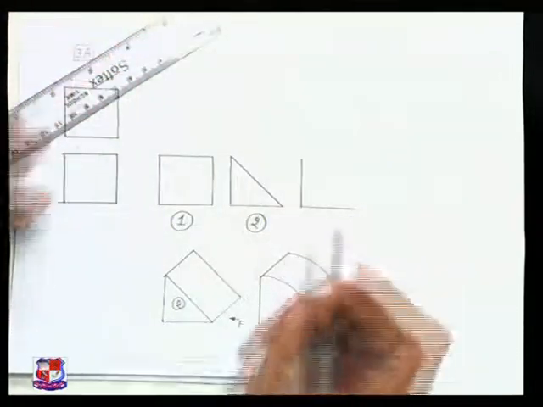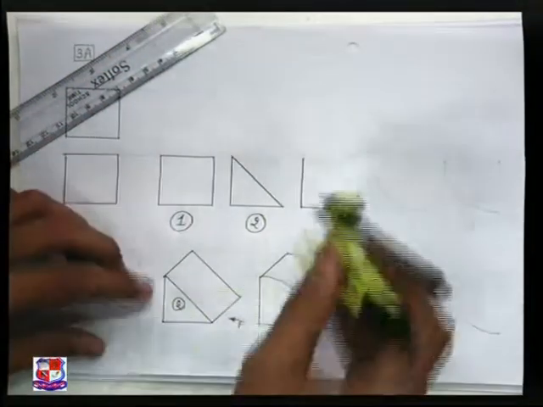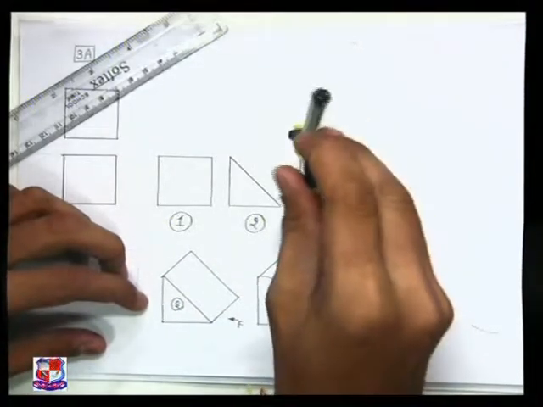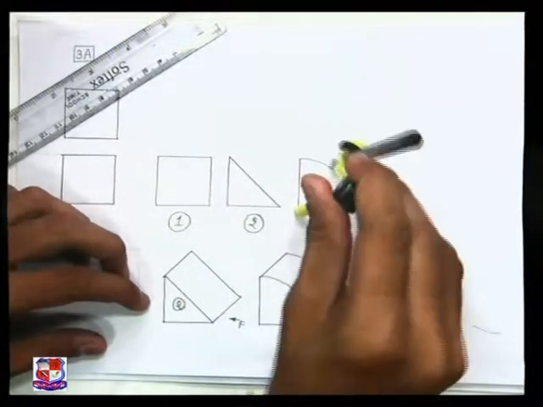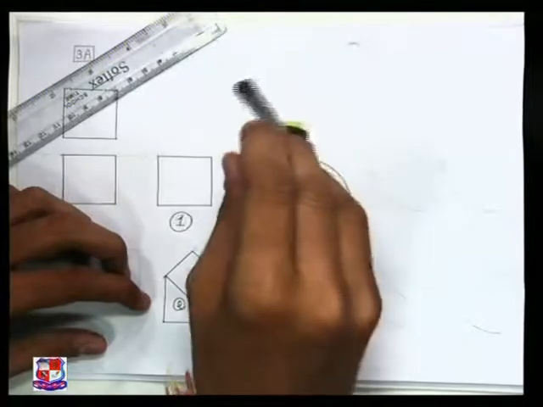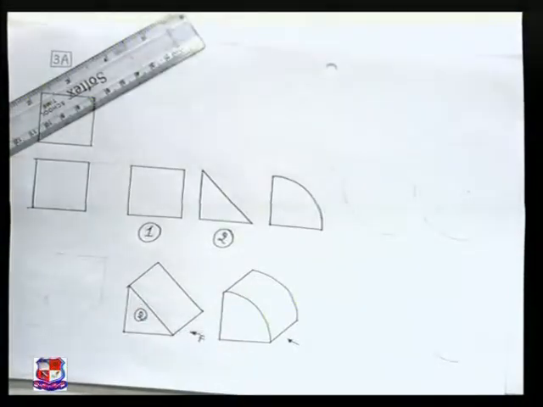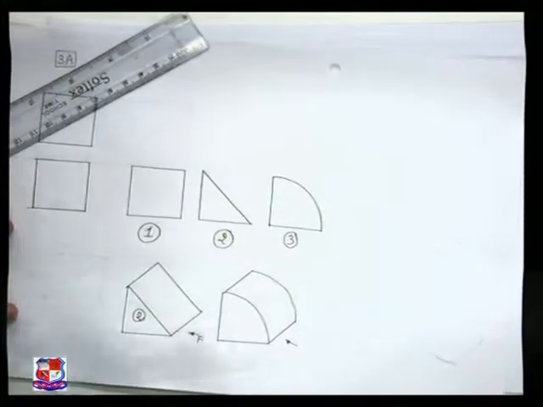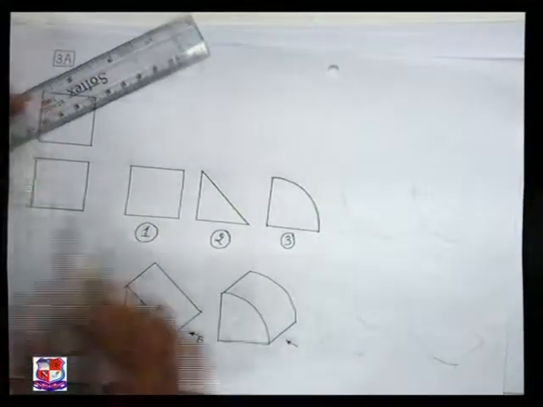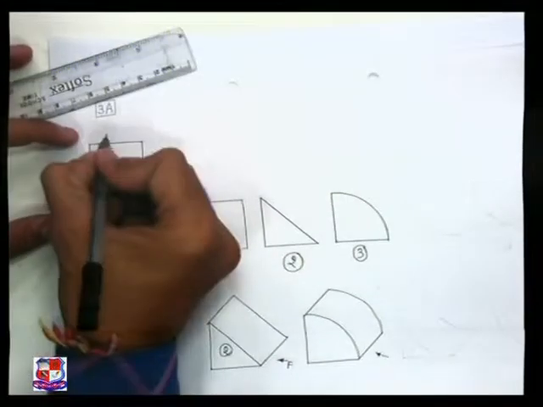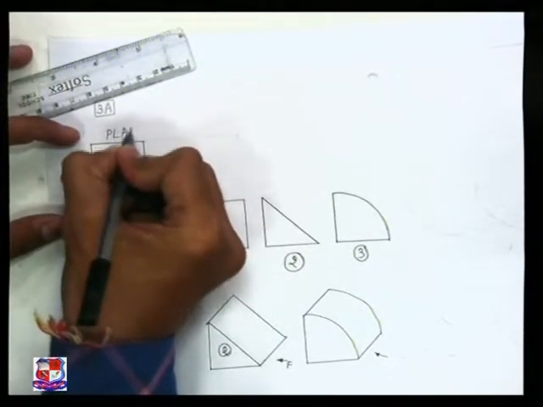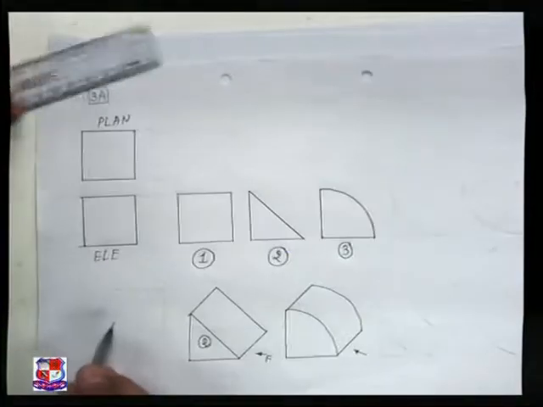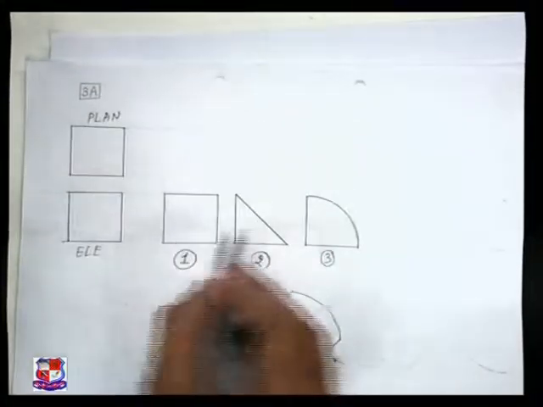The third view may be possible. You draw with this radius. Dimension of the square is not given to us, so you can take any suitable dimension, say 50 mm, like this. So this is the third possibility of the given question. In this case also, front view and top view would appear like this. This is plan, it is written in the question, and this is elevation. So we have to draw side views over here, first, second, third.